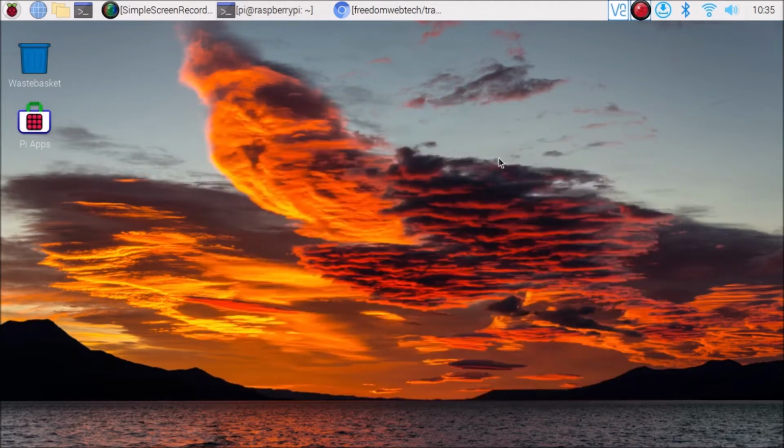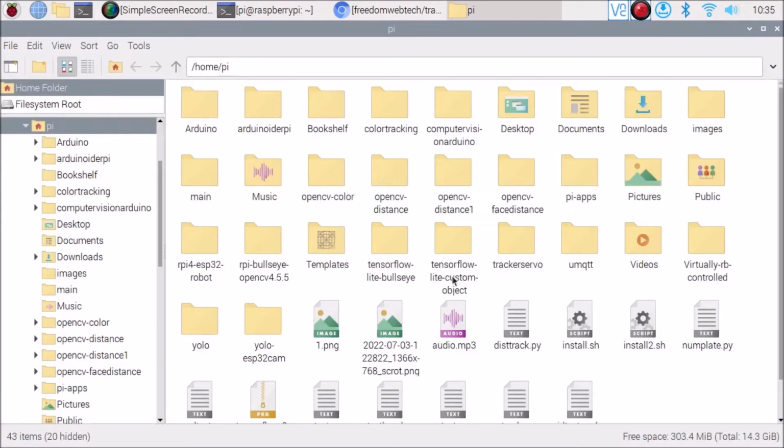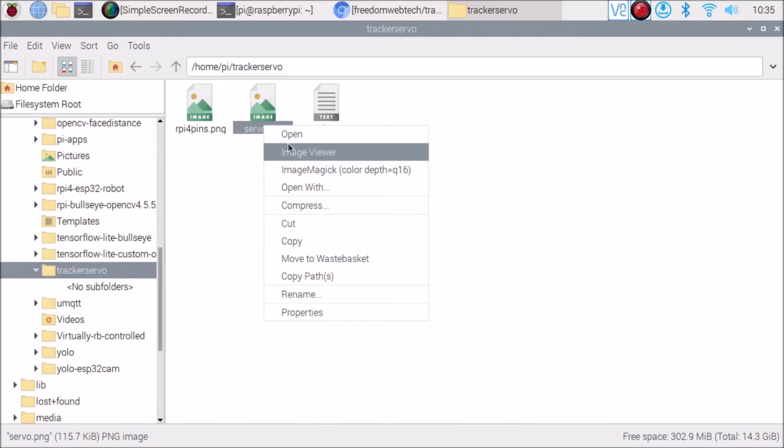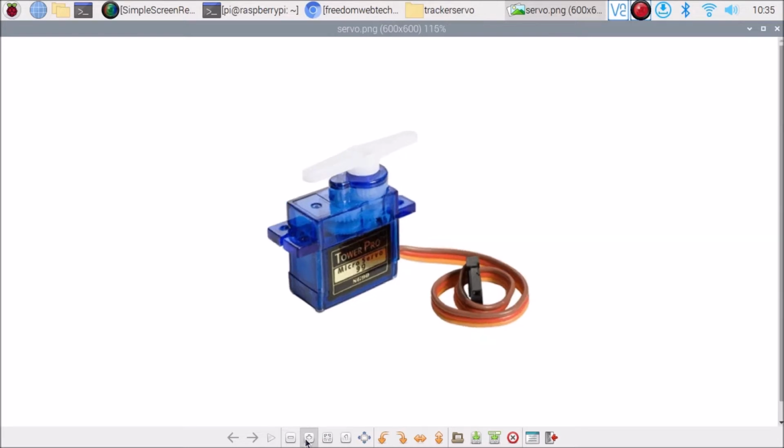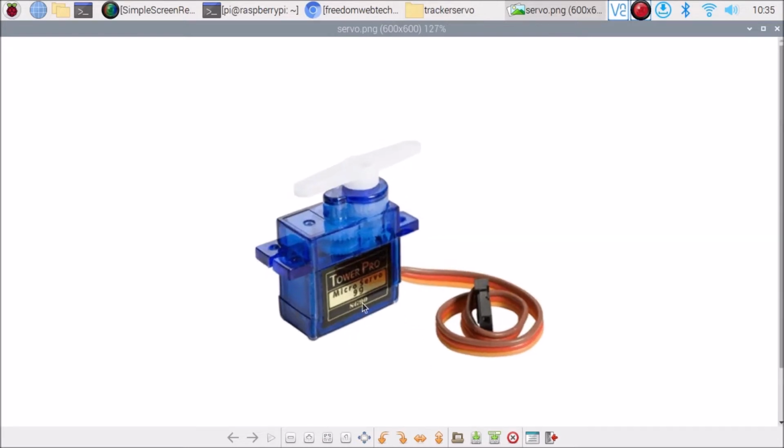Now first I am going to show you how I have connected the servo motor with the Raspberry Pi 4. This is our repository. Inside that we have servo.png. This is our servo motor. Let me zoom in here. As you can see, this is the Tower Pro Micro Servo G9 SG90. It basically has three colored wires: the orange one, the red one, and the brown one.